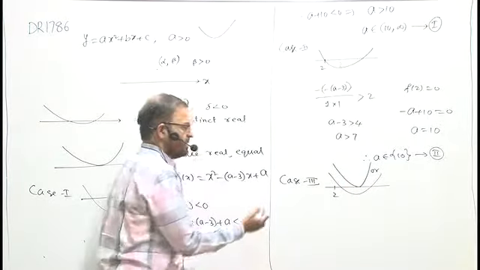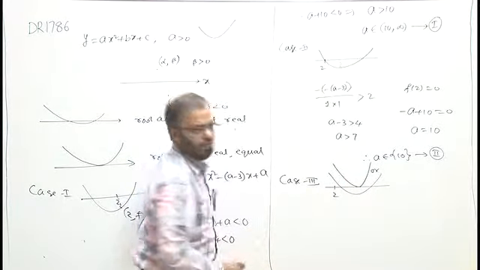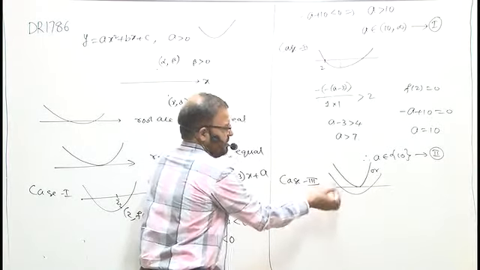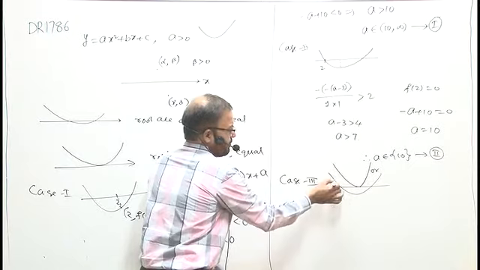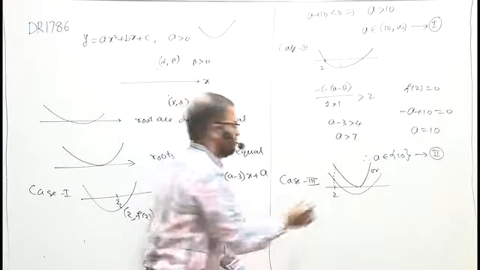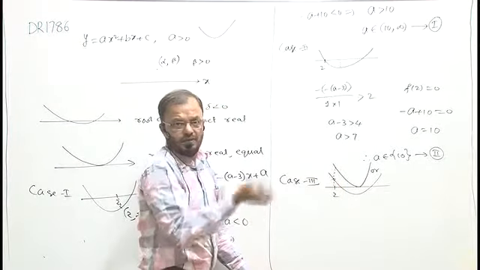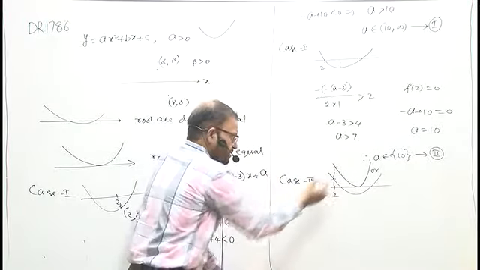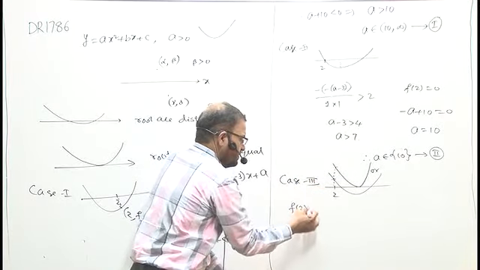Let us come to this and write the value of the function f of x at the point 2. Maybe it is this graph or this graph. I can say that the point here will be above the x-axis, and here also it will be above the x-axis. For both of these I can write f of 2 is greater than 0.